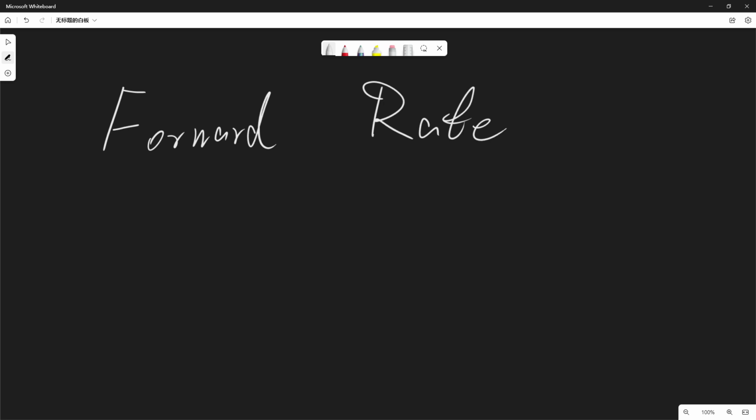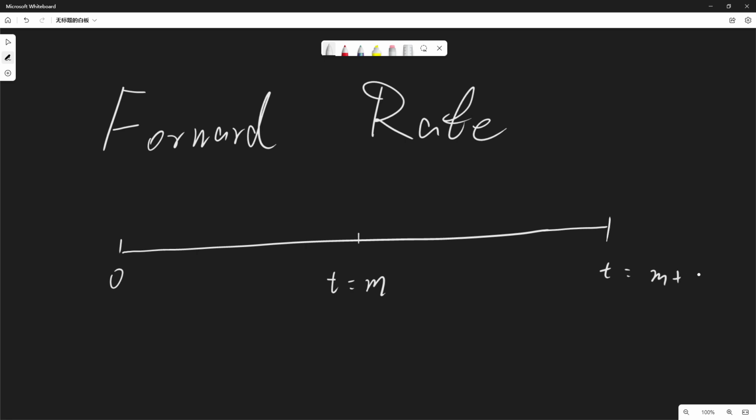So what is forward rate? I think the best example of memorizing the forward rate is to use the 1 unit or $1 example. So for example, there is a timeline here, and there is a time called, maybe m, okay, and there is a time called m plus n. Essentially this time is called n,